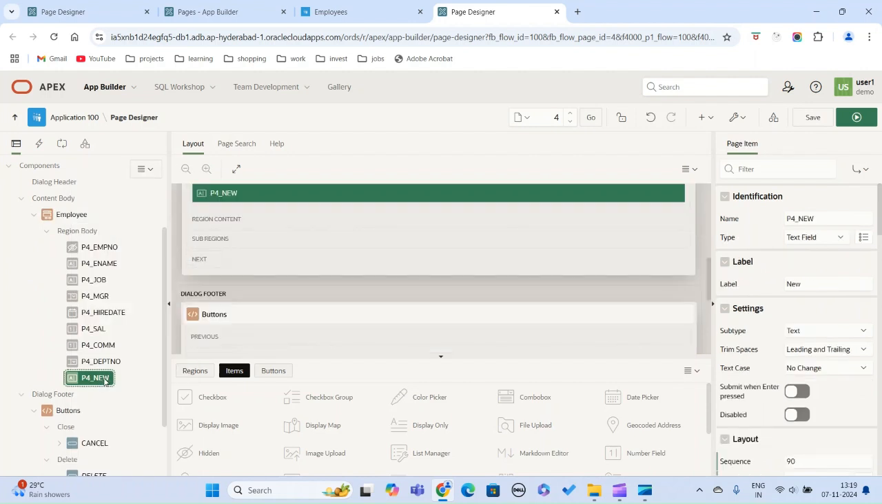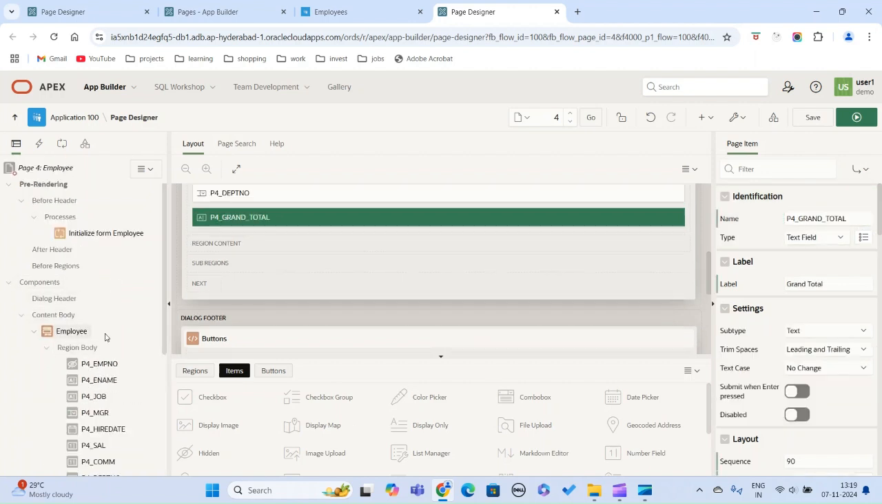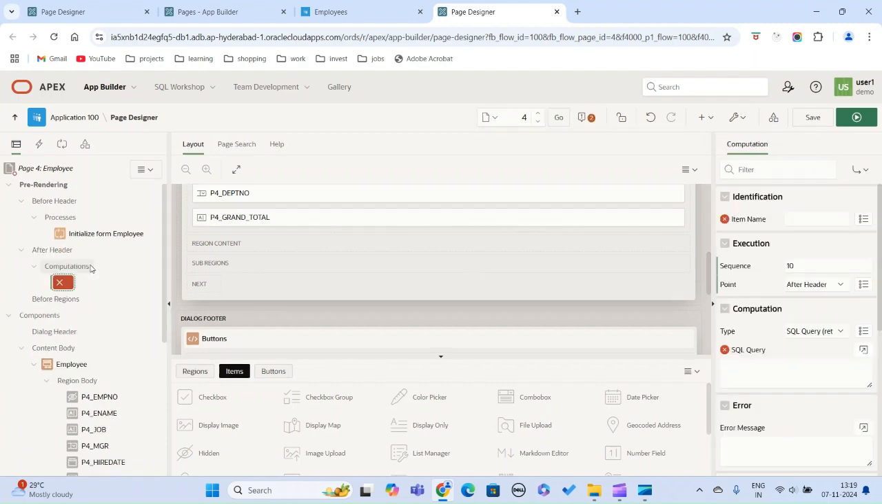item. This is what I wanted to name Grand Total, which is going to be the addition of sal and com. What I need to do is go to the pre-rendering process, because after it retrieves the data, it has to perform the necessary calculation on this page. So after Header, I say create computation, I say Grand Total, and